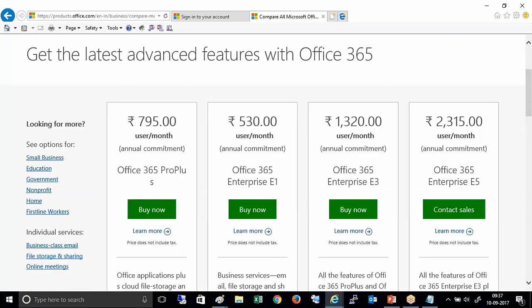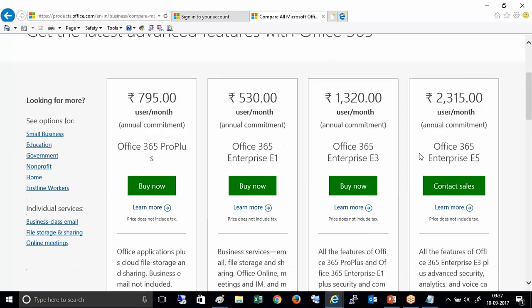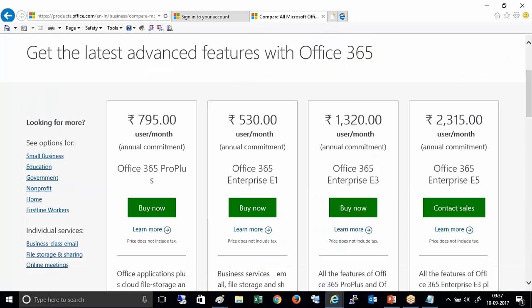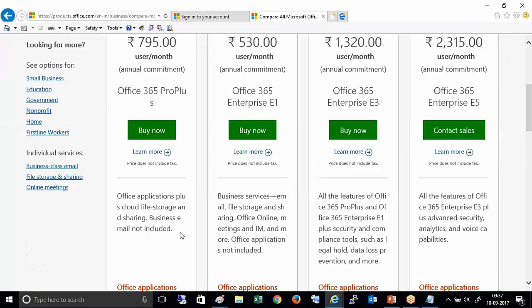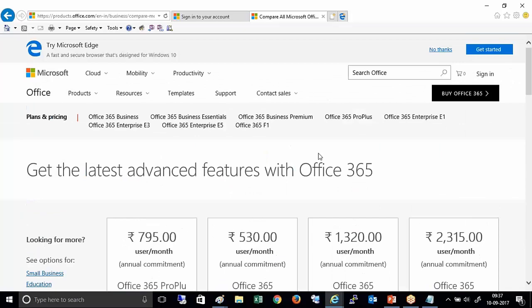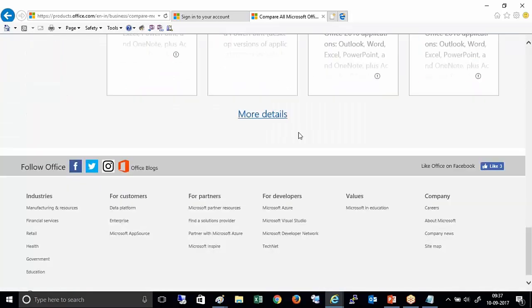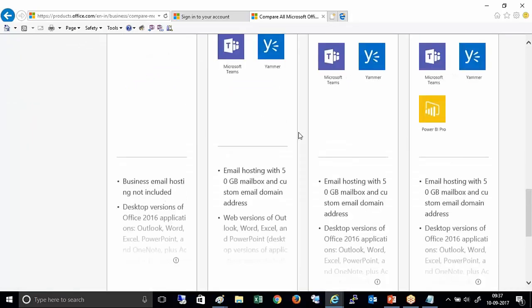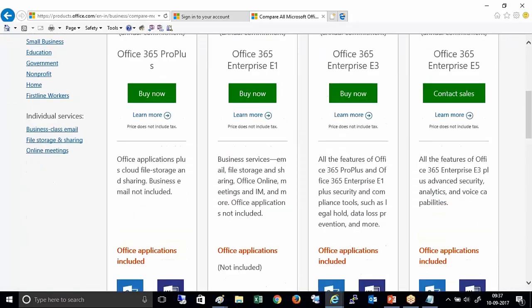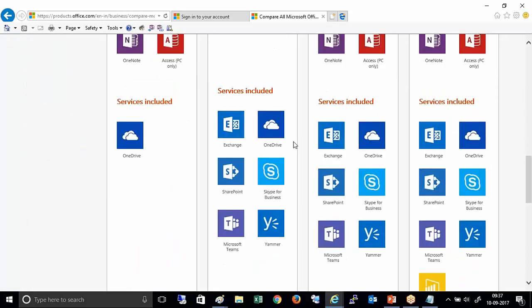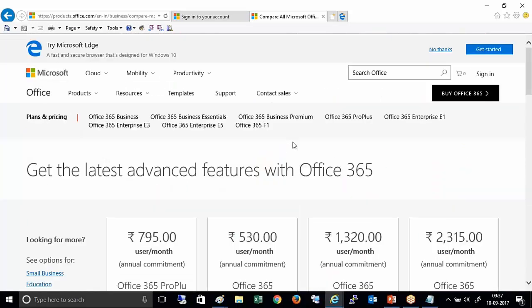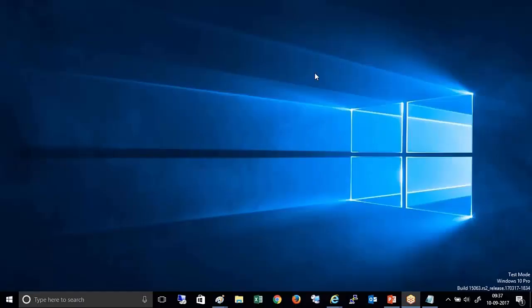So based on the need, we can choose whichever plan is required. If not, we can go for individual ones. When you go here, you'll have a free trial somewhere. So you can go for a free trial, and you can buy it later. So let me sign into the Office 365 portal. You have to register for a free trial. Once you register for a free trial,